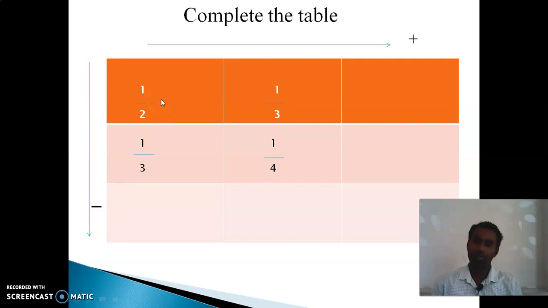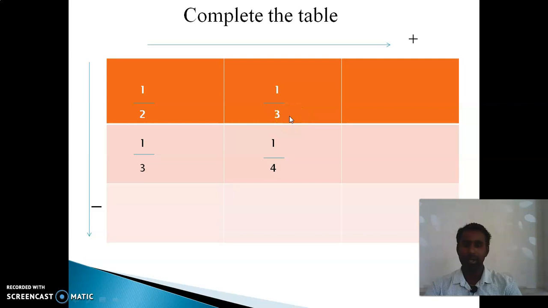So here what are the given values? 1 by 2, 1 by 3. And here second one, 1 by 3 and 1 by 4 they gave. Now you have to say, okay, what is the answer? I am going to ask you. So 1 by 2, 1 by 3, we have to add, because left to right. So should not add directly 1 plus 1 2, and 2 plus 3 5, so 2 by 5 you should not say, because the denominator is not same.